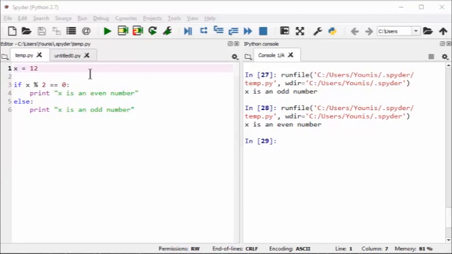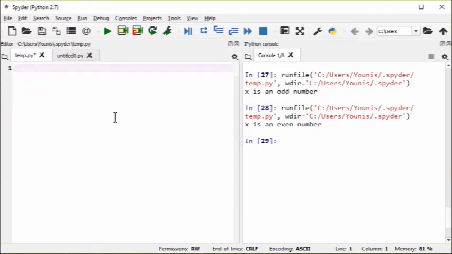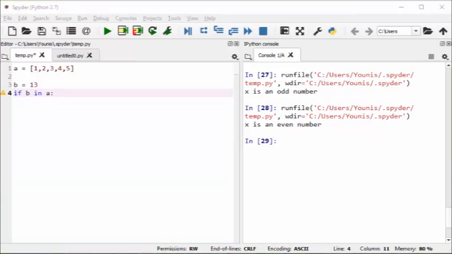Alright, here's another way to think of a conditional statement. Clear all this. Alright, let's define a list. Let's say A equals a list of 5 elements. And let's define the variable B, some other number. Let's say B equals 13. And let's say you want to test if B is an element of A. And let's say you want to do a print statement. So here it is. Let's say if B in A, we want to print